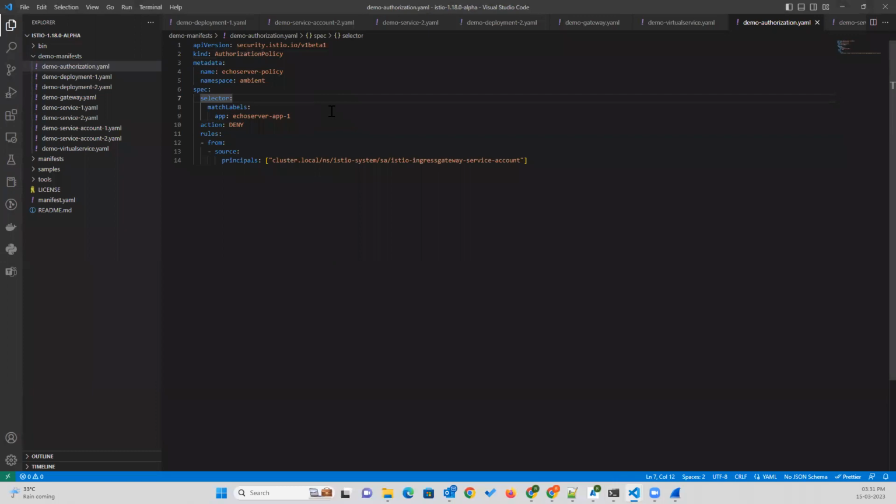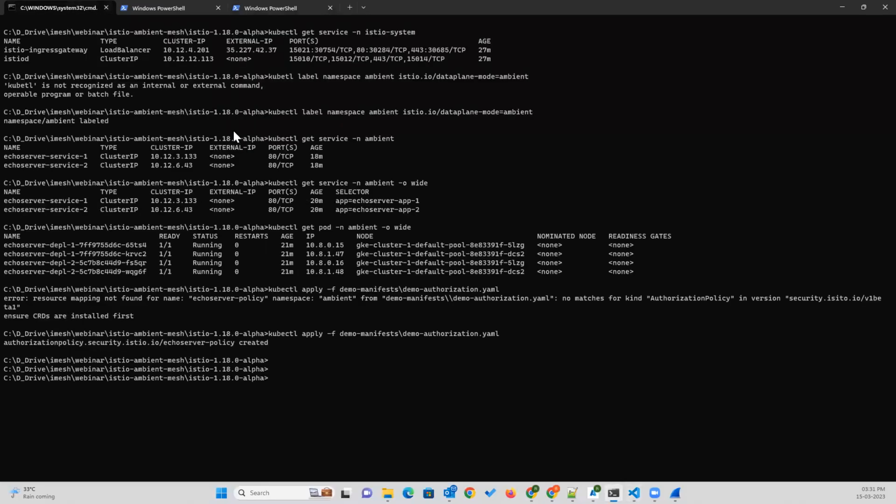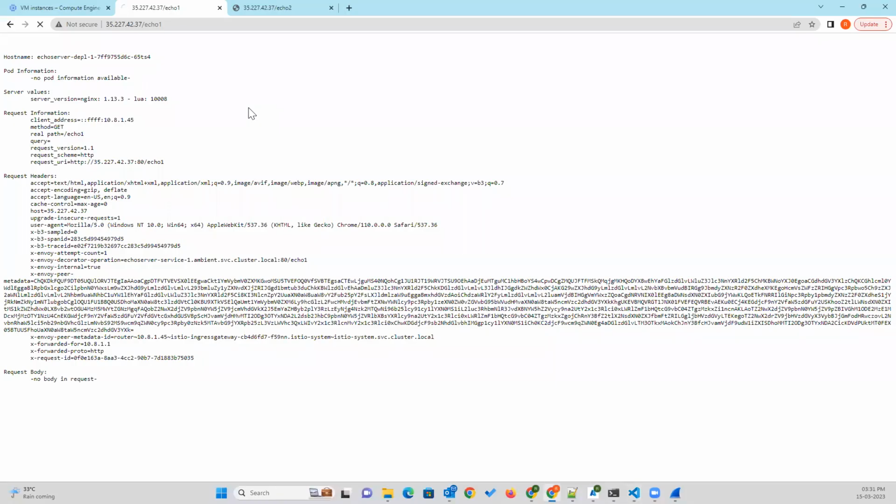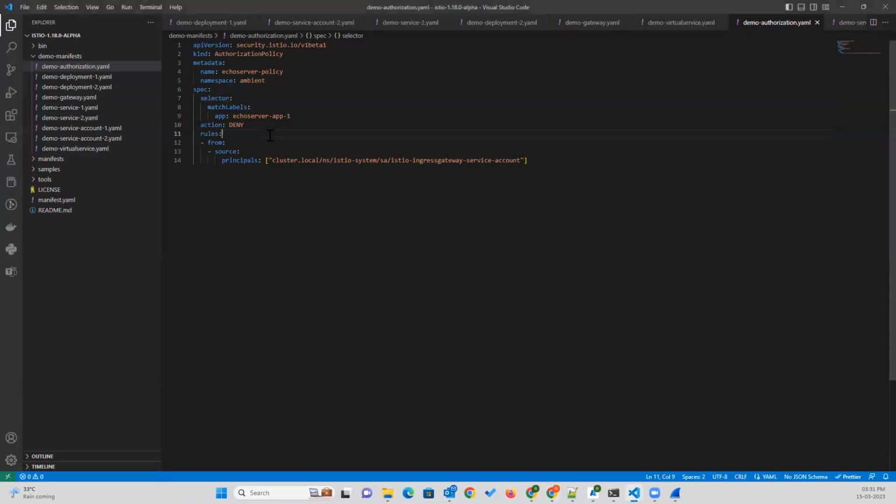Deny. Let's go ahead and deploy it. It gives some warning. That is fine. Eco server policy. Yeah, so denied. We can see here from the browser as well. So let's revert it back